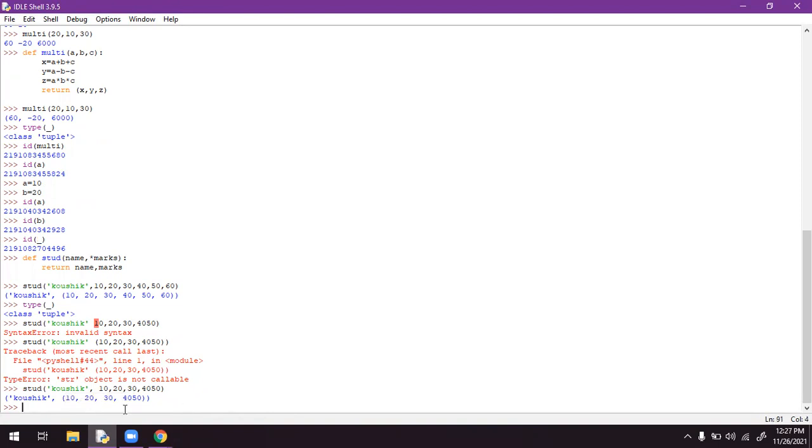What we'll do next? If I want to take three inputs, STUD, three inputs. My first input is name, my second input is marks, comma, my third input is DOB, date of birth.